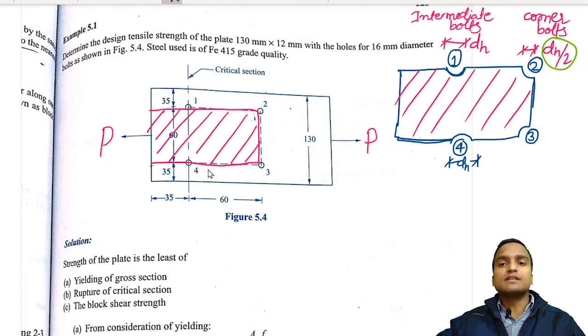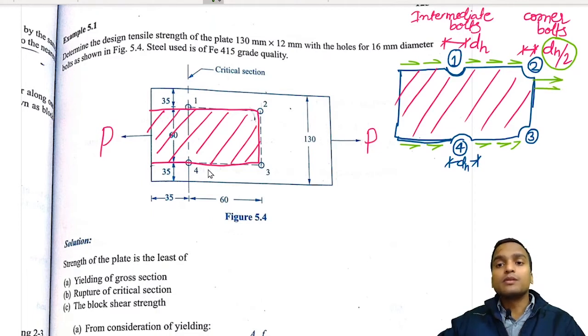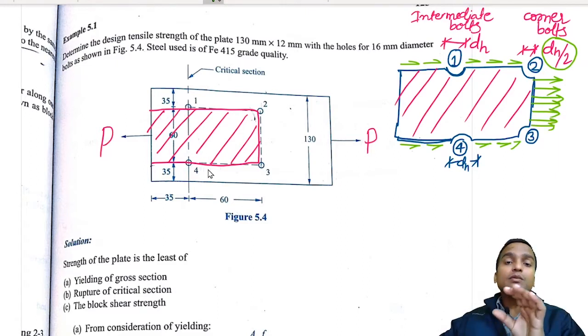Now you can very easily understand what my shear plane is. The shear plane is the plane on which the forces are parallel to the plane. You can easily understand these two planes are being subjected to shear forces, whereas on plane 2-3 there will be forces, but they will be perpendicular to plane 2-3, so that is a tension plane. So this diagram of the block you have to understand, and if you understand it, you can calculate all four values of area.